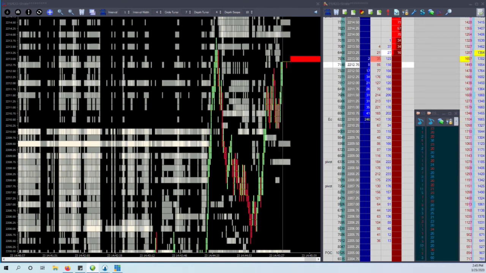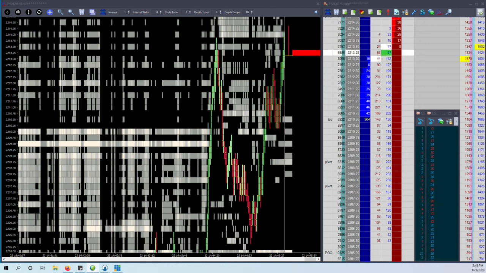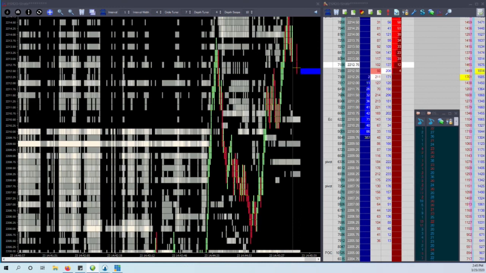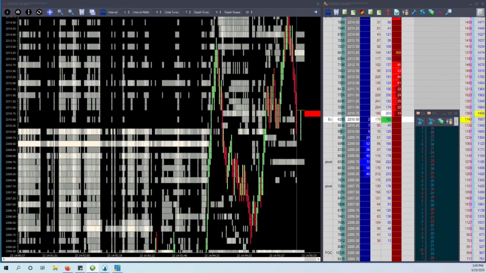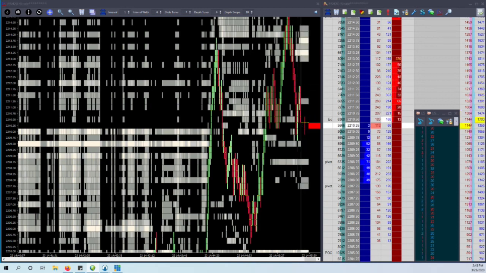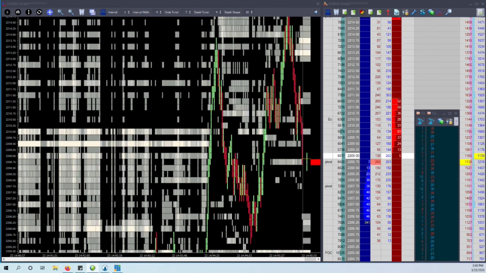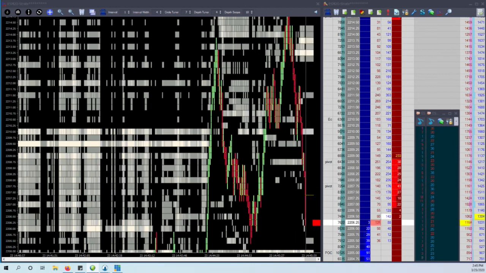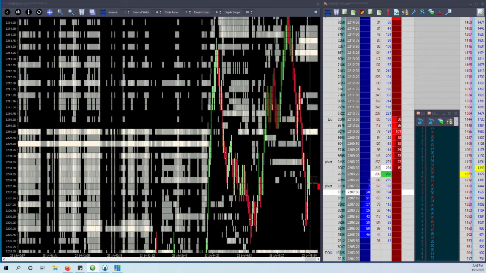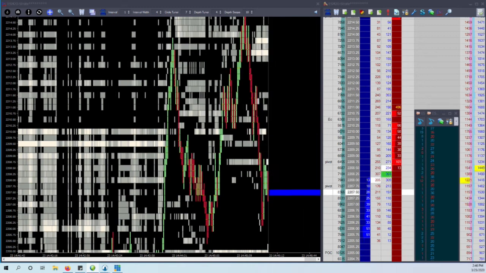Trying to do all this other trick stuff like reversals or double hits, it just doesn't work for me in these conditions, and it's not worth it because there are so many opportunities that I'll just wait for the next best one. Trying to get in twice in a row on something that you think should work out, it doesn't ever work out. I mean, sometimes it does, but to each their own. This is the way I do it. And there are other people making money on these things that are trading it differently.